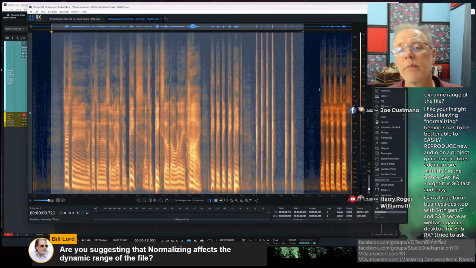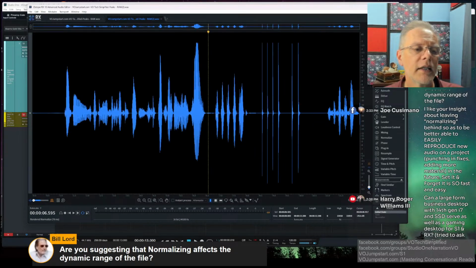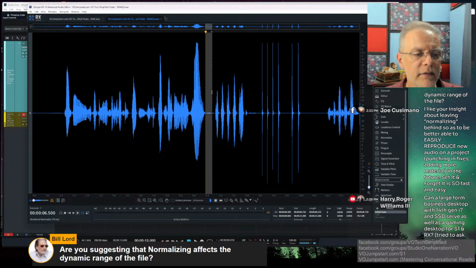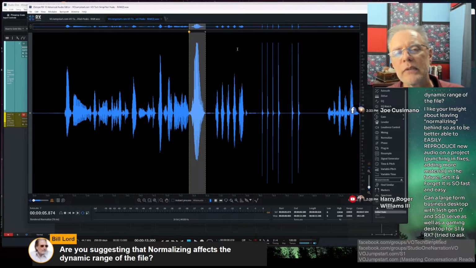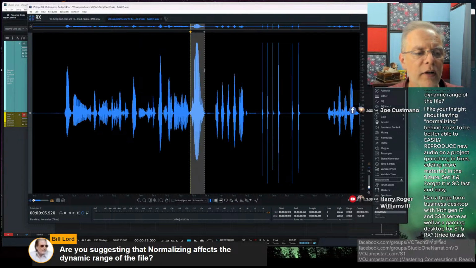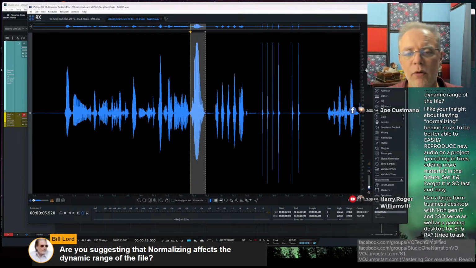These are mathematical representations of our audio. They are not our audio. What does that mean? It means that as I look at this, it is not perfectly what we hear relative to this. And you can demonstrate that yourself. If you have a piece of audio where you have a syllable that's too loud. High, high, high, high. Obviously I said the word high there.